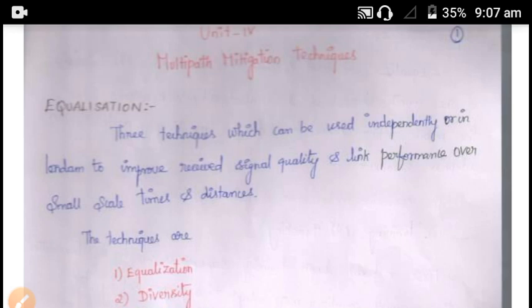That is, while we are transmitting data from a transmitter to a receiver, it goes through various paths, meaning various channels. In these various channels there will be a lot of inter-symbol interference. So just to reduce that inter-symbol interference, we are using this equalization method. So what are equalizers? It is just a filter which equalizes the dispersive effect of the channel.